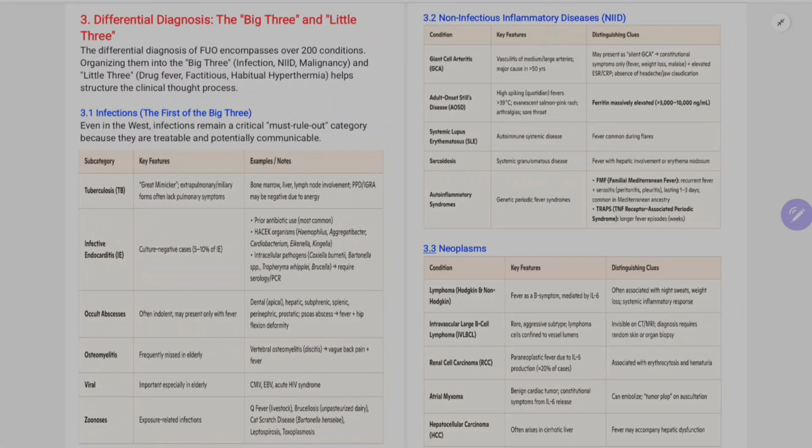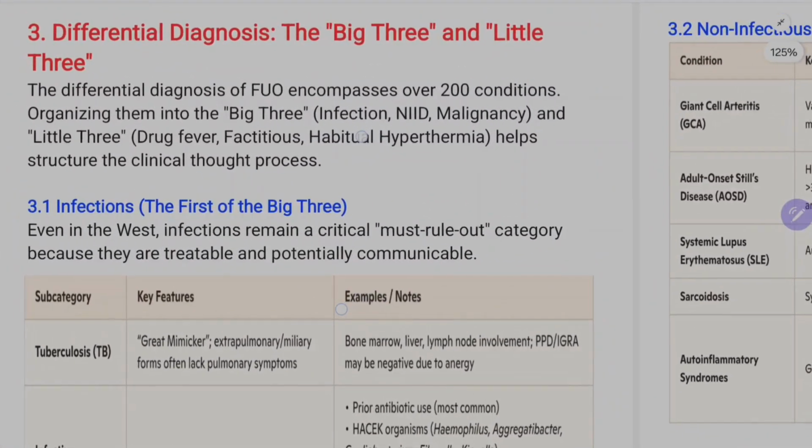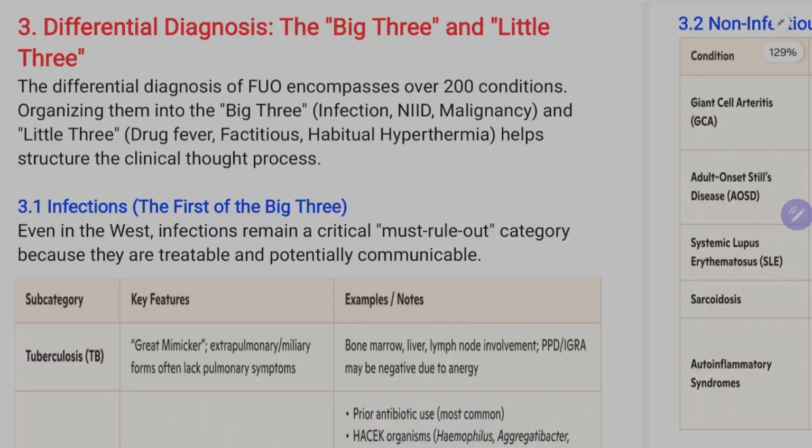Now coming to the differential diagnosis of this FUO. So we can remember the causes of FUO or the differential diagnosis. So previously I said big 4 causes. In that big 4 I discussed number 1 infection, number 2 I discussed NIAIDs, meaning non-infectious inflammatory diseases. Number 3 I discussed malignancy. Number 4 I said miscellaneous causes.